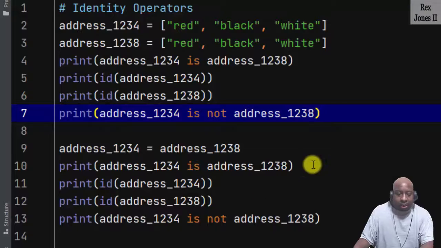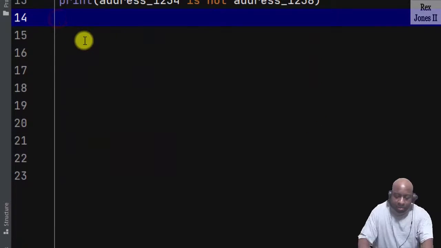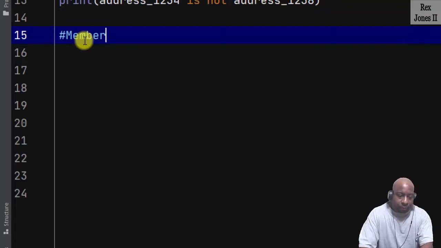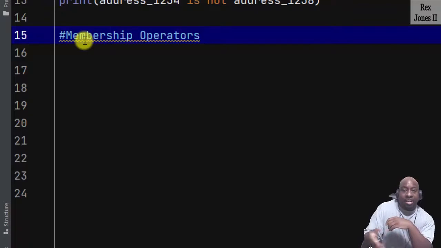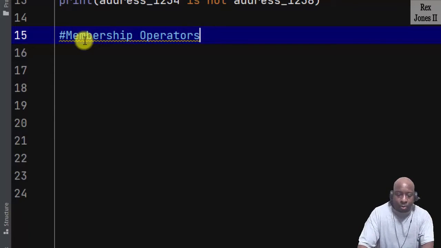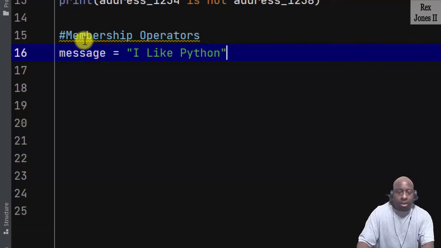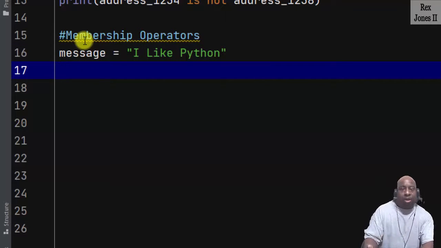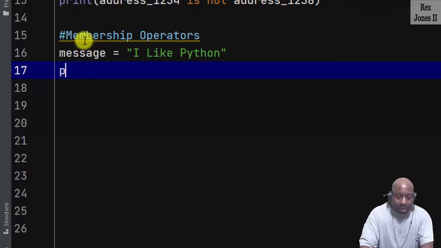Now, let's take a look at the membership operators. Membership operators is a little different because we know they test whether a value is found in a sequence. So our variable will be message equal to I like Python. The sequence can be a string or it can be a list. We can test by writing something like